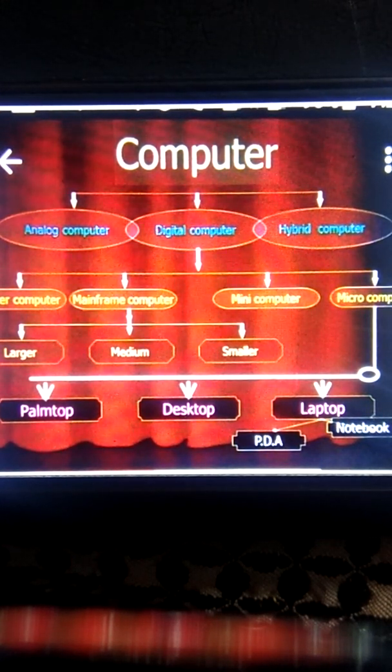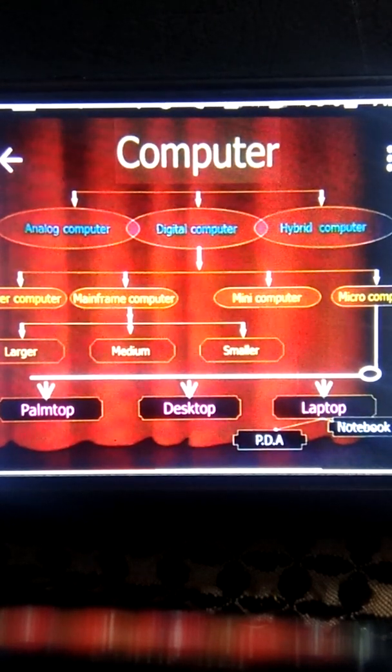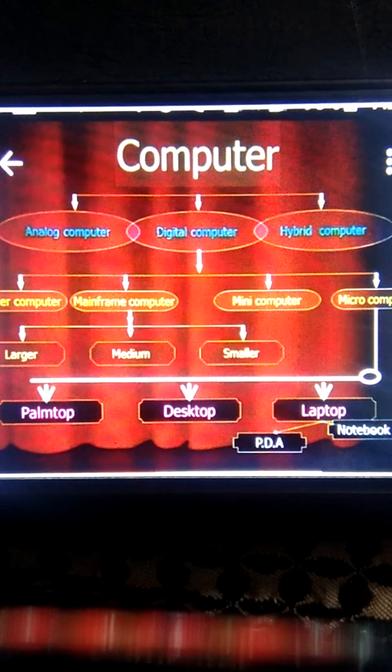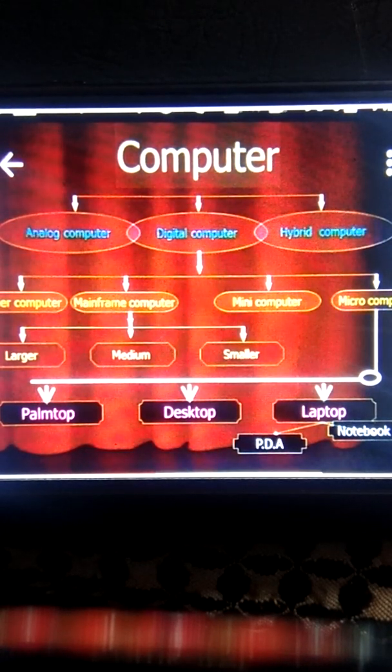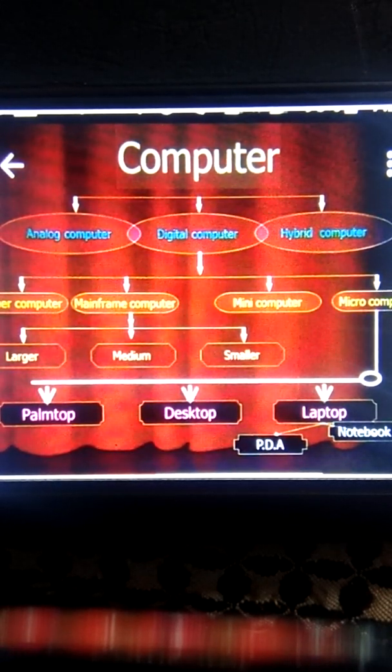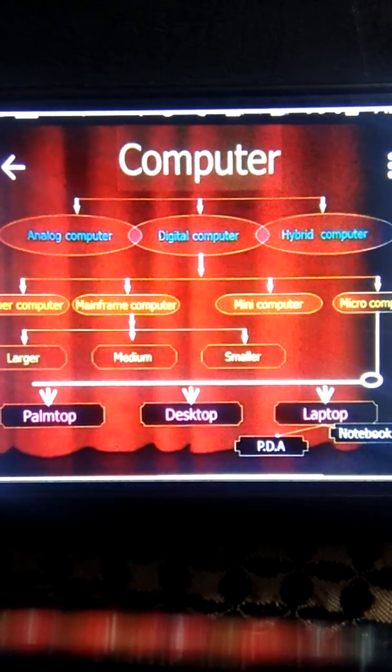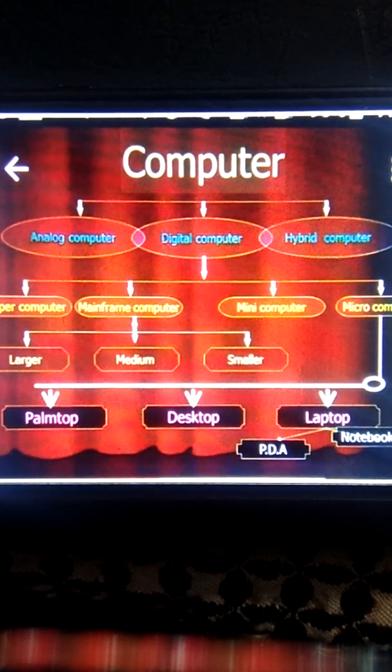According to the requirement, we use them. Then there is the mini computer. Mini computers are basically used in organizations like banks and hospitals, where multiple people can work on a system. It is a multitasking computer.